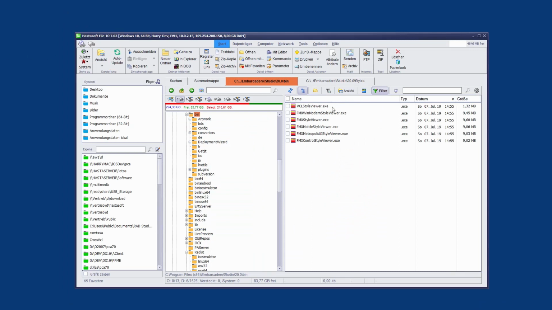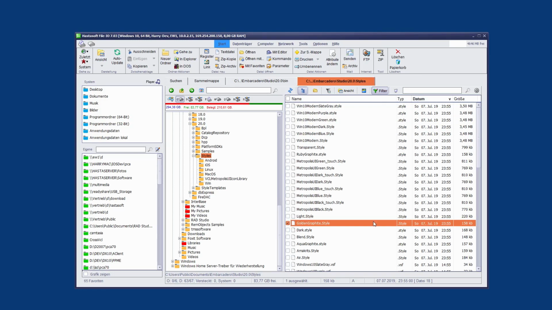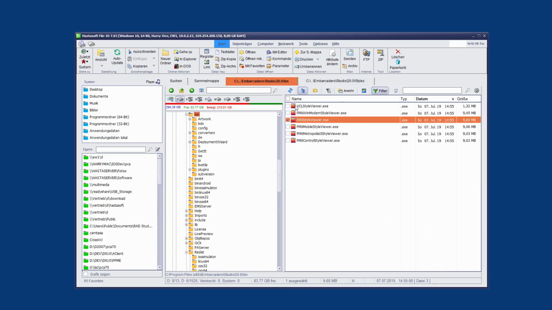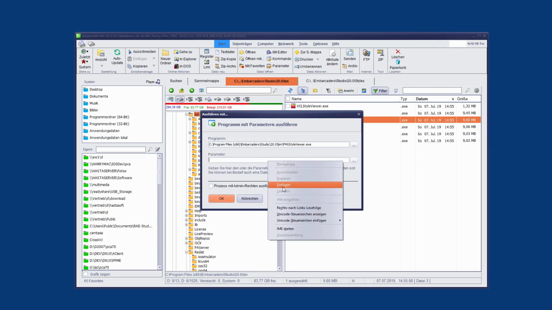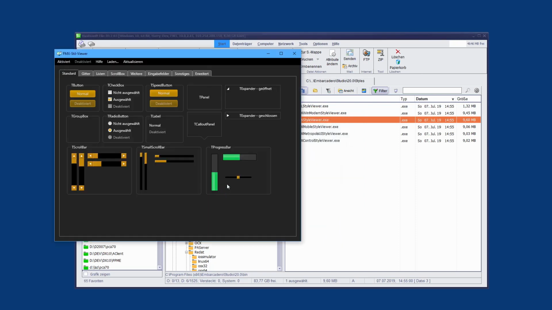So how can you view styles? In the bin folder you have two main viewers: the VCL style viewer and the FMX style viewer. You can start this program and give the file name as a parameter. For example, when I want to see this Golden Graphite style, I copy the file name to the clipboard and start the FMX style viewer with the file name as a parameter, and then you can